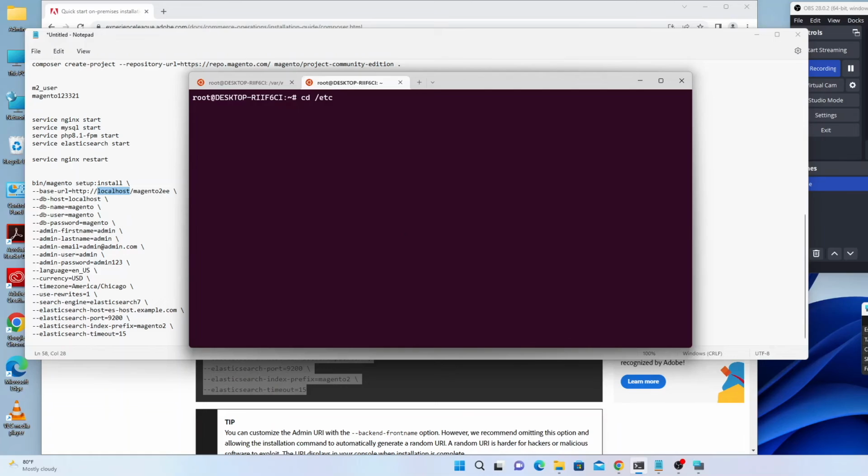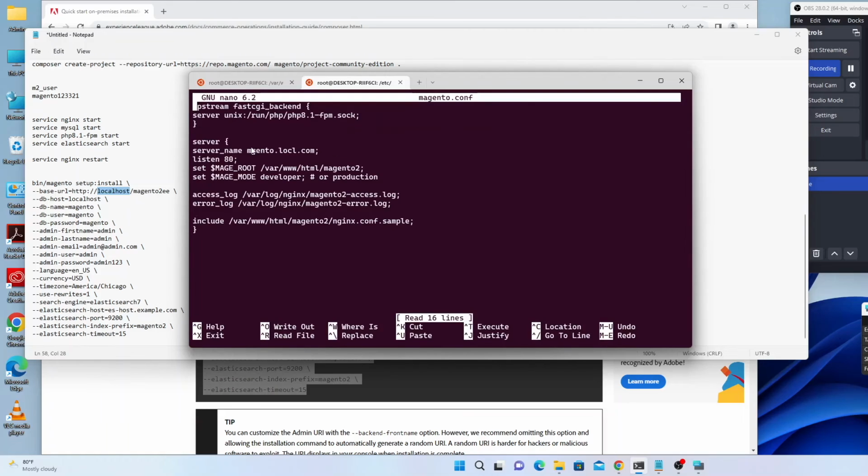So we can do that by going to the nginx sites-available directory, and then we will open the magento.conf file which we had created earlier. So we'll copy the value of our local website and paste it in the setup install command